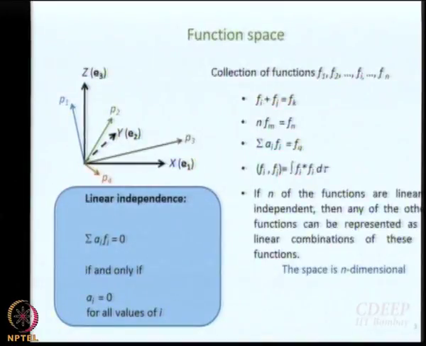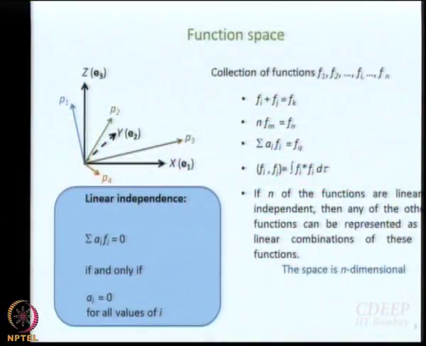And then finally what we said is that if out of all these functions that we have taken, n of them are linearly independent, what is the meaning of linear independence? This is the meaning of linear independence. Sum over i of a_i f_i equal to 0 if and only if a_i equal to 0 for every value of i. Trivial solution, which means that you cannot express one of these vectors as a linear sum of the other vectors. And the easiest example once again is e1, e2, e3 or x, y, z, whatever you want to call. So, if you just take x and y, so something into e1 plus something into e2,